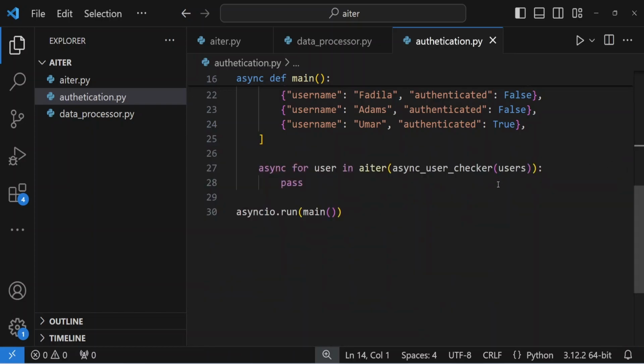So guys, the point of this whole aiter function is to make sure that if the quantity or the size of the data you are loading is very huge, Python is going to wait, load all the data in, and at the time of the loading, it's going to be unresponsive. It's not going to be responsive. You cannot do anything with your application. Your application is going to be in a queue waiting for that data to be loaded. Only then will it